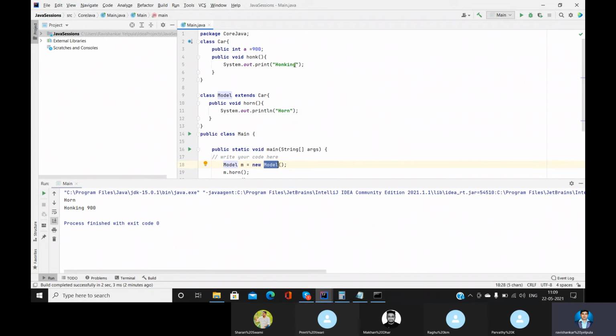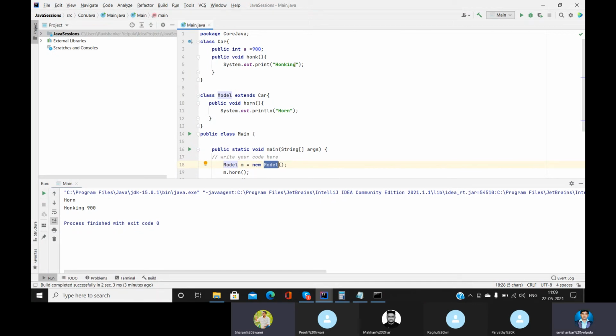We have already seen method overloading. Do you remember, guys, what method overloading was? Polymorphism? Same method name but different parameters. A method with the same name but a different parameter list.